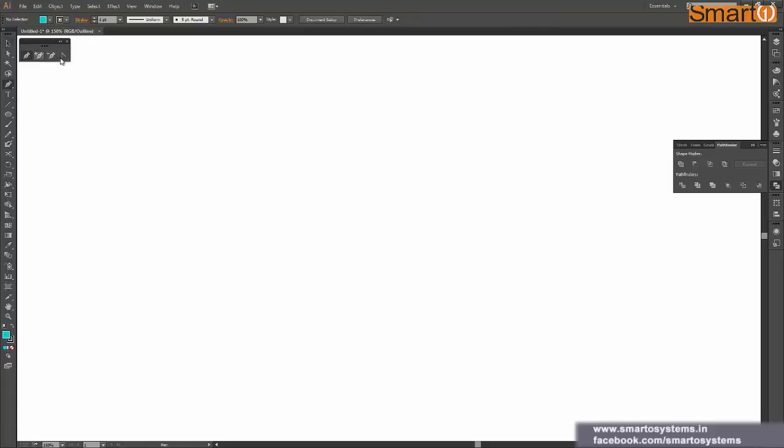Now why I have covered these three tools in between, because pen tool can be converted to these three tools also. So you can imagine the level of complexity here, that pen tool can be converted to convert anchor point tool. So already pen tool has some 5 to 6 functionalities, and further upon, if you convert it into, what is that tool name? Yeah, convert anchor point tool. Then it adds some 2-3 more functionalities. So that's why I said you to write it down so that it doesn't confuse you.